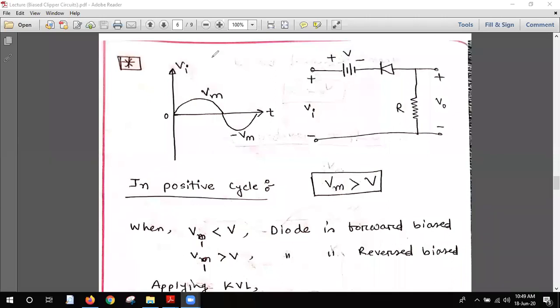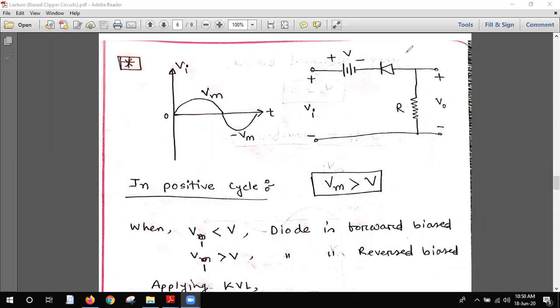It was the clipper circuit we were studying. We have shown 2 or 3 clippers. If you did not attend the class, please just check the video. It is a fully described video, so you can get it. But today we will see, my students,